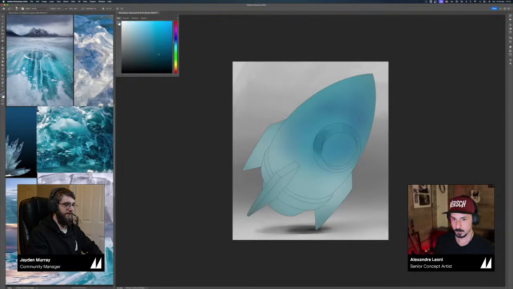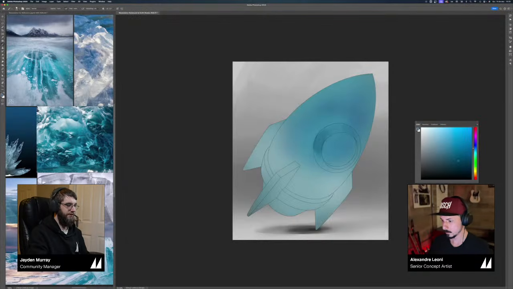Yeah, that makes sense. We say it a lot, not to color pick a lot. If you color pick too much, then you're relying too much on it instead of your eyes. And the same applies to